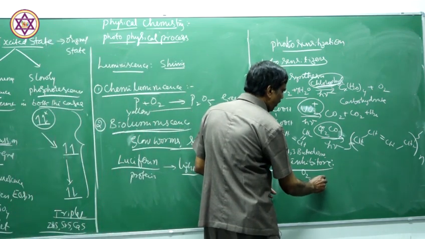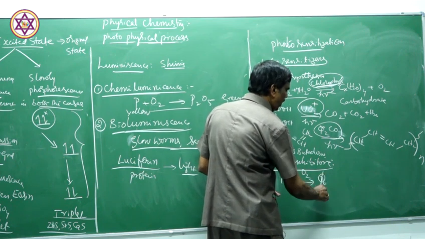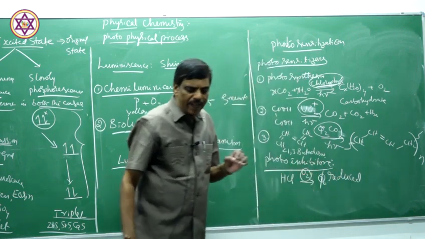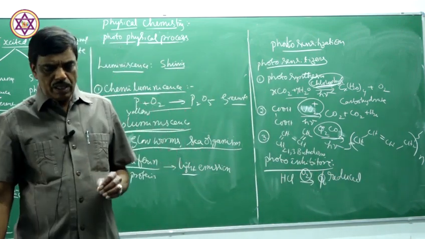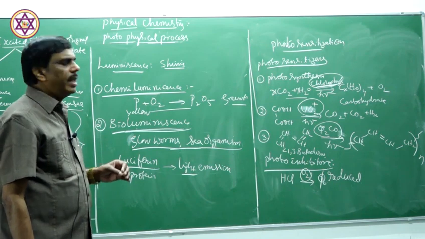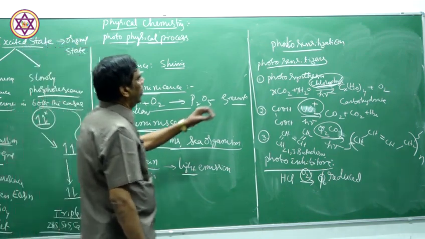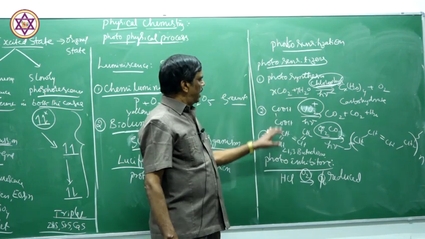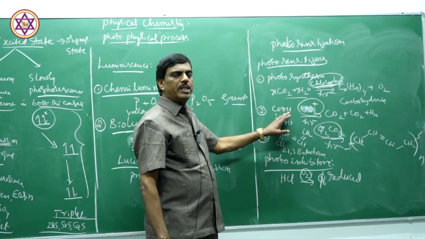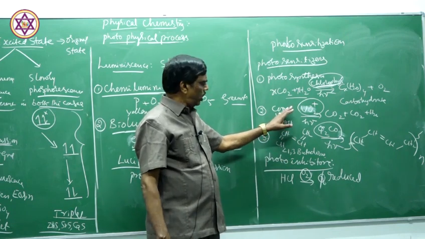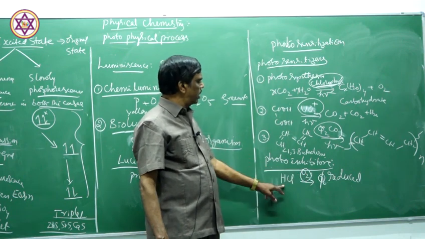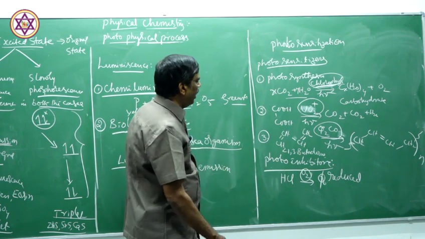Quantum yield will be reduced. Therefore, this oxygen deactivates some steps, so the yield will be less. Therefore, oxygen is the deactivator or inhibitor, a photoinhibitor. So these two are again opposite, photosensitizers and photoinhibitors. Photoinhibitors reduce the rate of the reaction, whereas photosensitizers initiate and enhance the rate of the photochemical reaction. So the presence of a small amount of oxygen during the photosynthesis of HCl reduced the quantum yield.